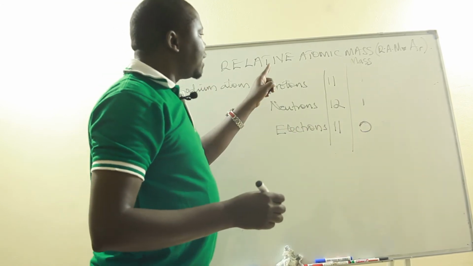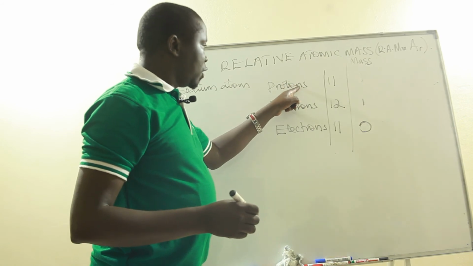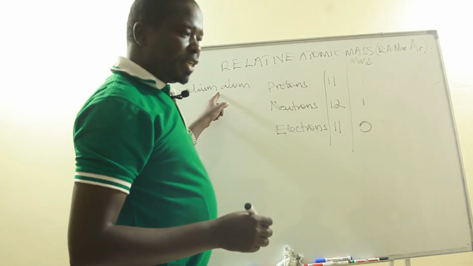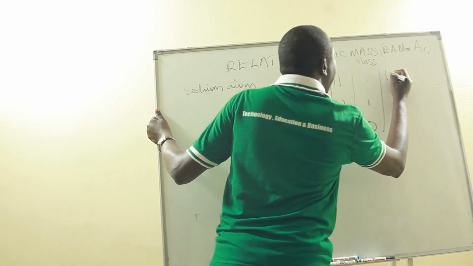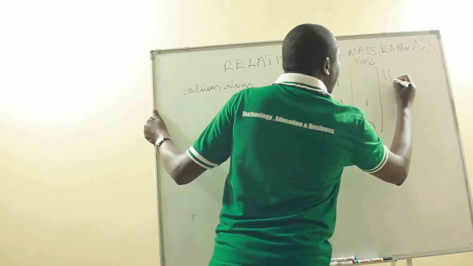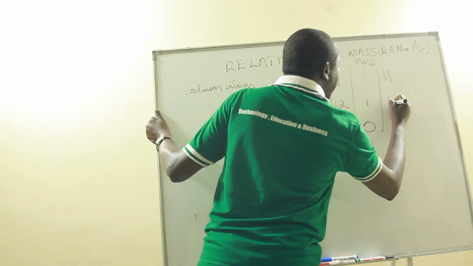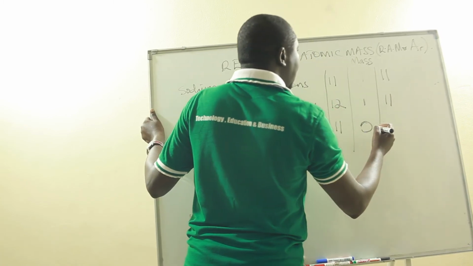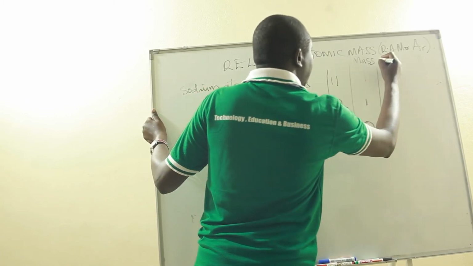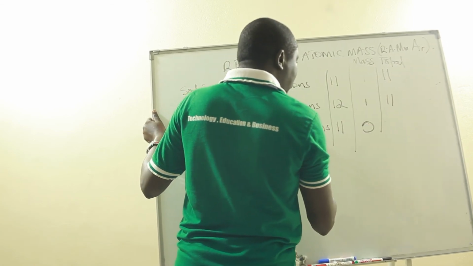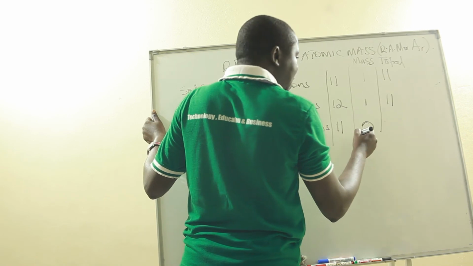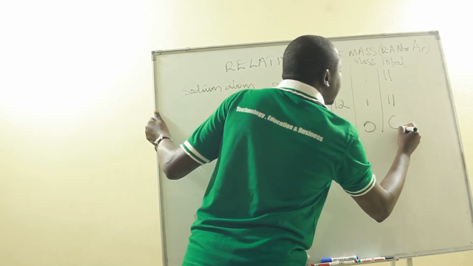So if we look at the total mass of protons in a sodium atom, here we have 11. In neutrons, we have 12. And for the electrons, the 11 electrons, each with a mass of magnitude 0, it also has a total